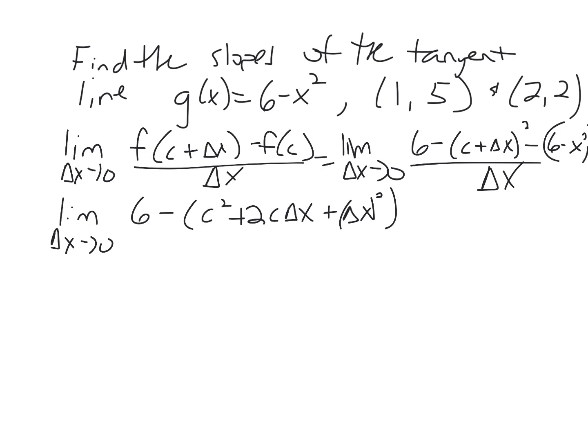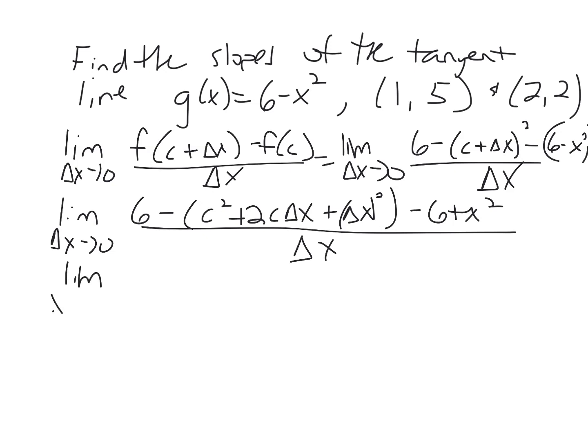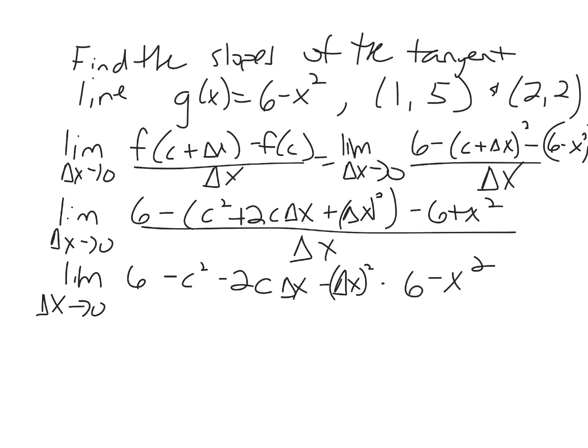And then over here we just do negative, so negative 6 plus x squared over change of x, and then distribute negative. Minus c squared minus 2c change of x minus change of x squared minus 6 minus x squared